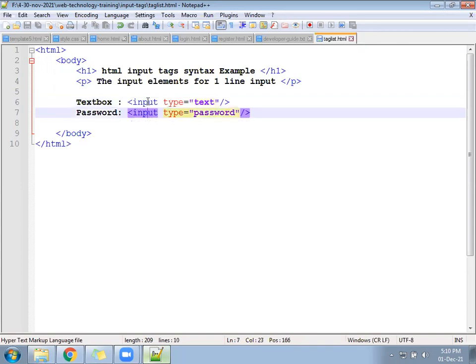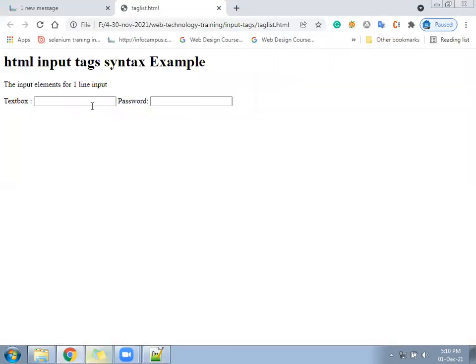See, text box and password both are taking a single line. That is called a single line input element. Same line in the sense of what? The Enter key is working here? Type something, press enter. Did it come in the same line? Not working? So what do you call it? Single line input element.